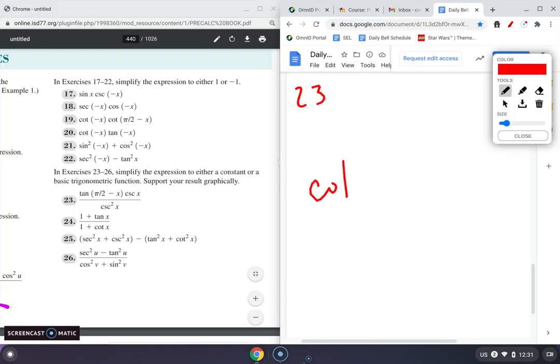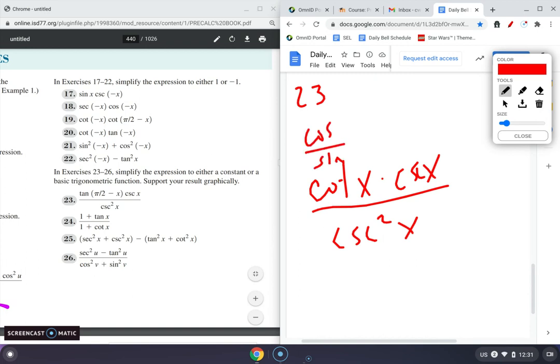So we've got cotan x times cosecant x over cosecant squared. Well, cotan x is cosine over sine, and cosecant x is 1 over sine. And then down at the bottom,